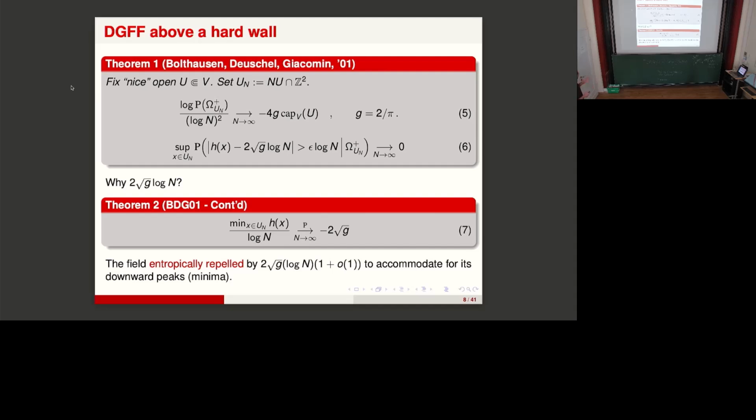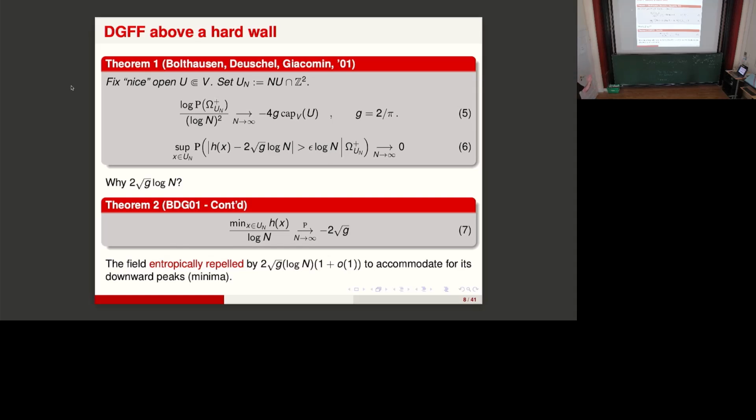It's tight after division by log n, or it converges in probability after dividing by log n to 2 square root of G. So 2 square root of G log n plus little o of log n in probability, uniformly over all vertices in U_N. So it lifts dramatically to 2 square root of G log n. This effect is known as entropic repulsion,